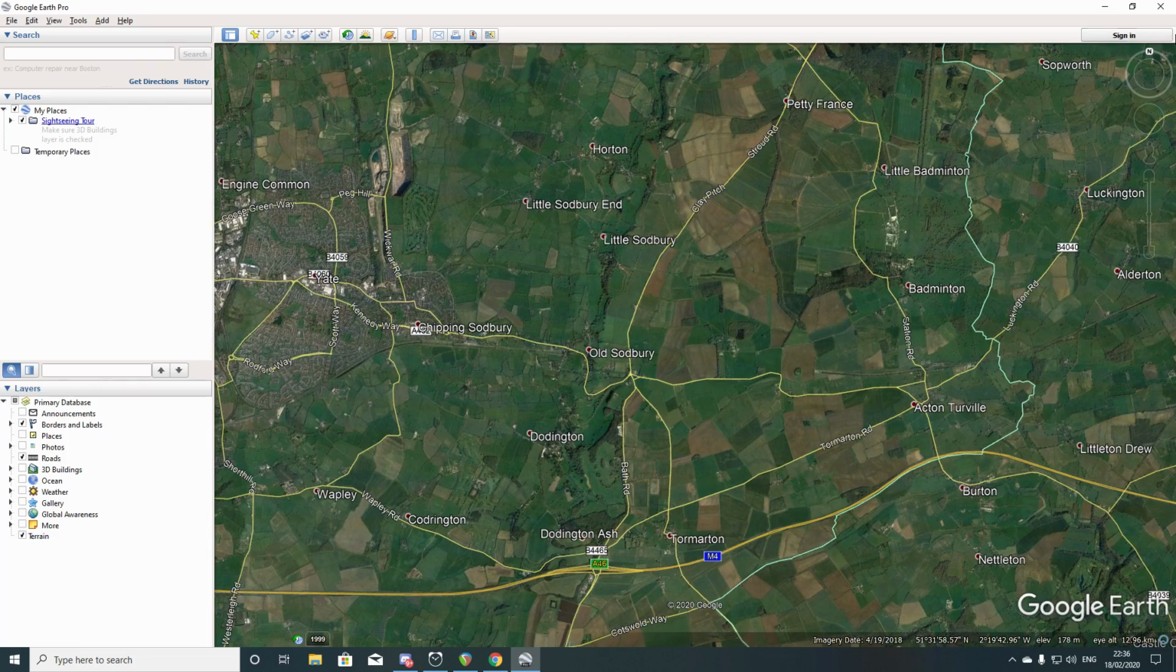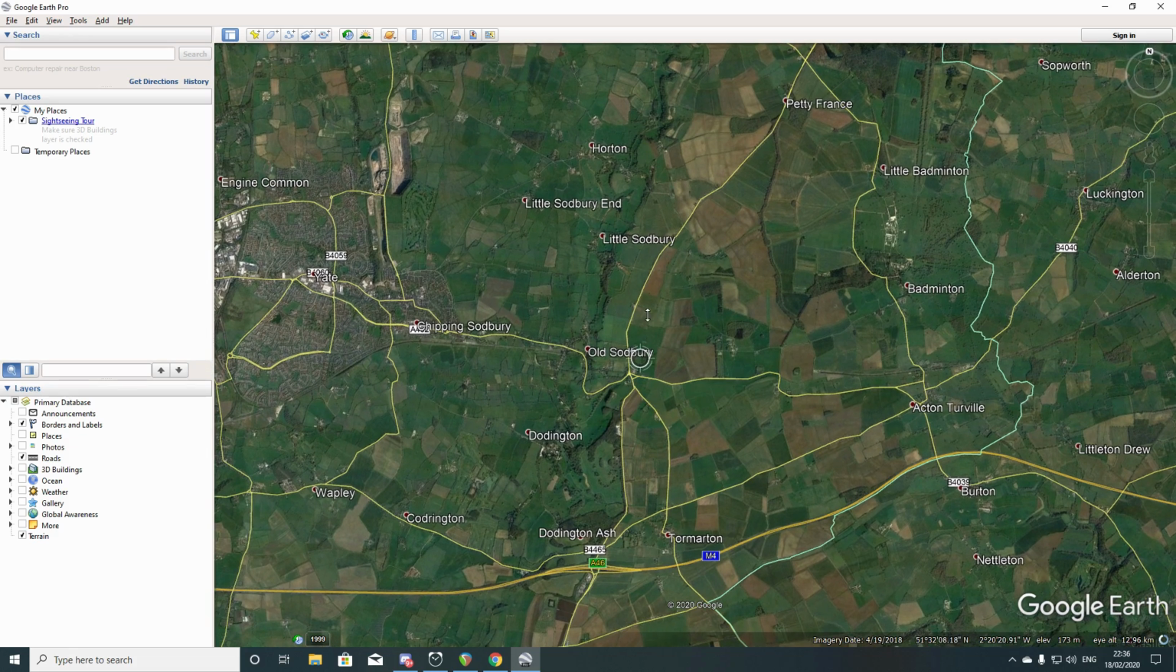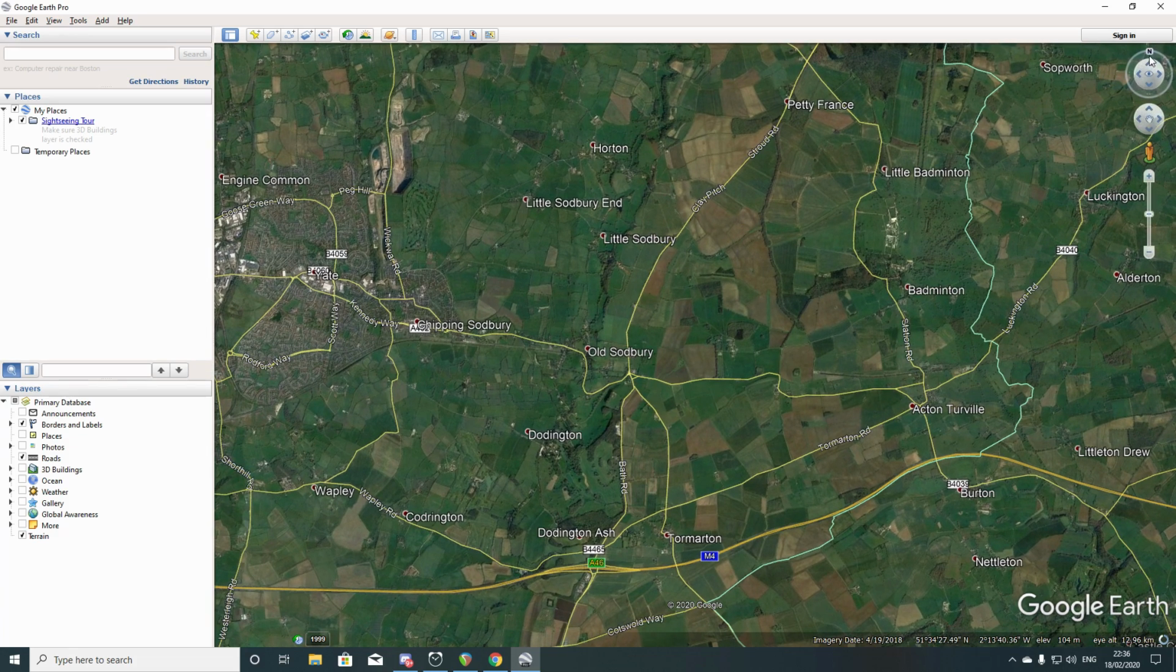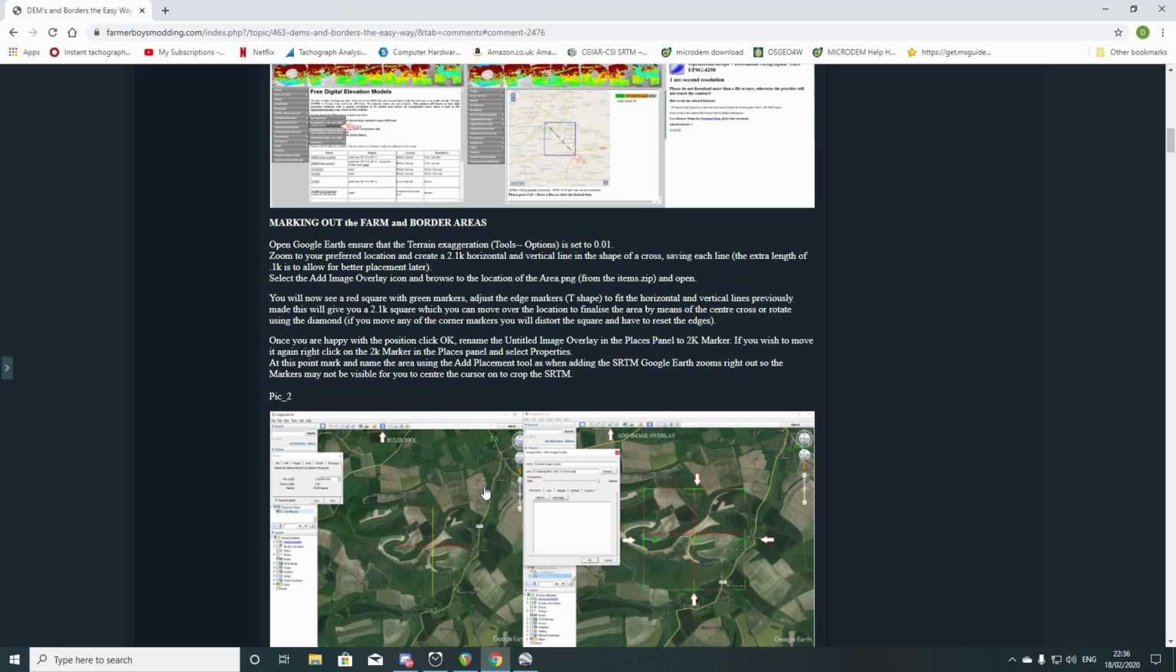So this is the area that I'm going to be basing everything on. What I'm going to do is basically move my camera so it's literally pointing straight down, and then I'm going to click on the little N on the compass, which will make sure I'm true north. And then what I can do is start to add in some lines here. So what we want to do is add in some 2.1k